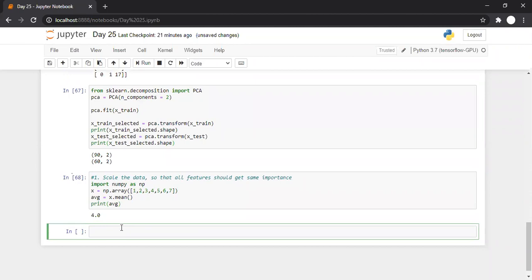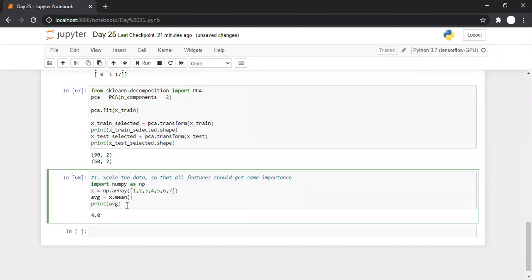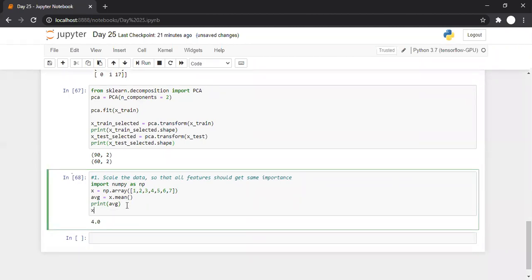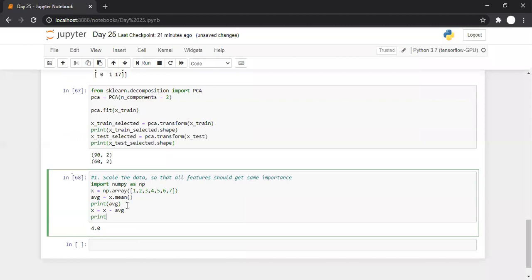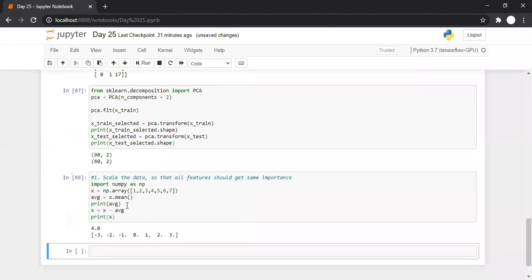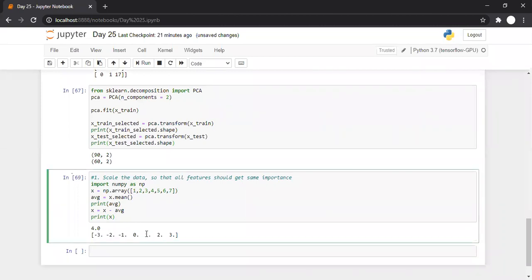Now I'm going to subtract the average from every value of x. So x is equal to x minus average. Now if I print x, you see the values which are below average are negative and the values which are above average are positive.